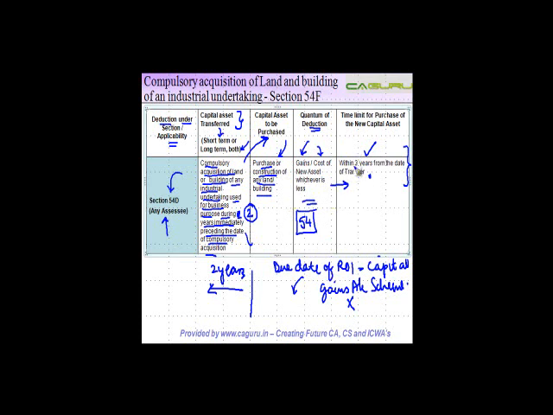The next condition, which again we discussed earlier, was that this new capital asset cannot be transferred within 3 years from acquisition. You cannot transfer this capital asset. And if you do that, whatever was the exemption that you availed here, that exemption is going to be reduced from the cost of this new capital asset: cost minus exemption. Okay, and then that will become your cost of acquisition of this asset for the purpose of computing capital gains on transfer of this asset.